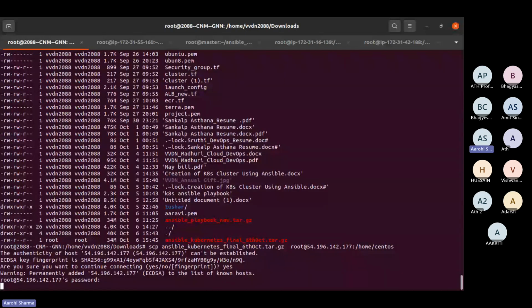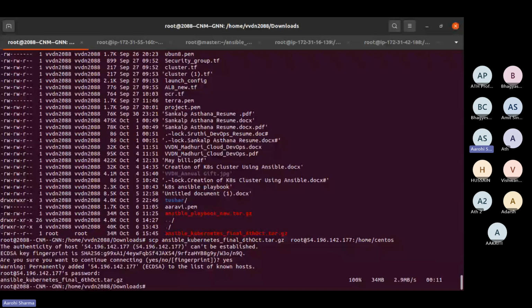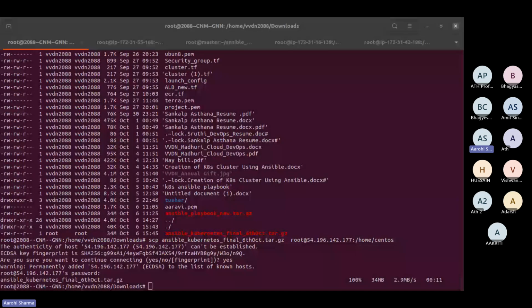Now you see, when I am doing the SCP from my local to this server, this is the command: SCP Ansible Kubernetes final tar.gz, then root, then the public IP of this particular master server. I'm telling multiple things here so you get to know the root, then the at sign, the public IP, and the path of this particular home CentOS.